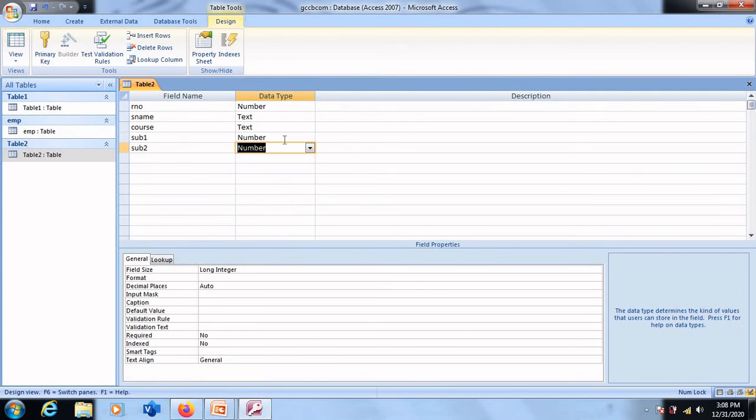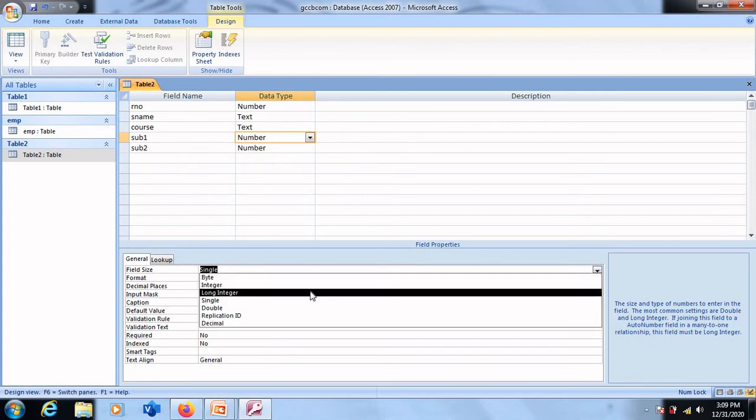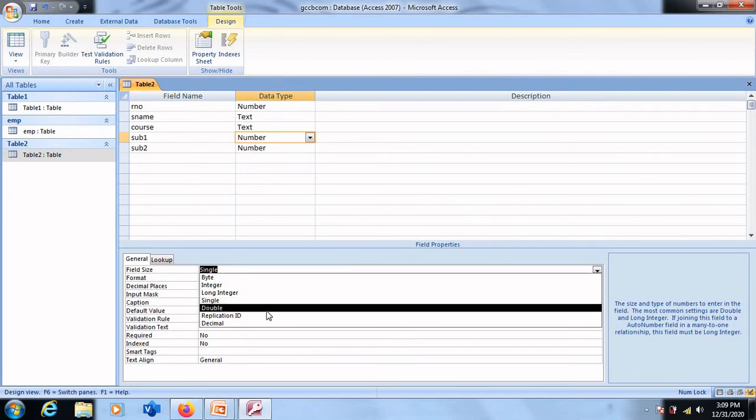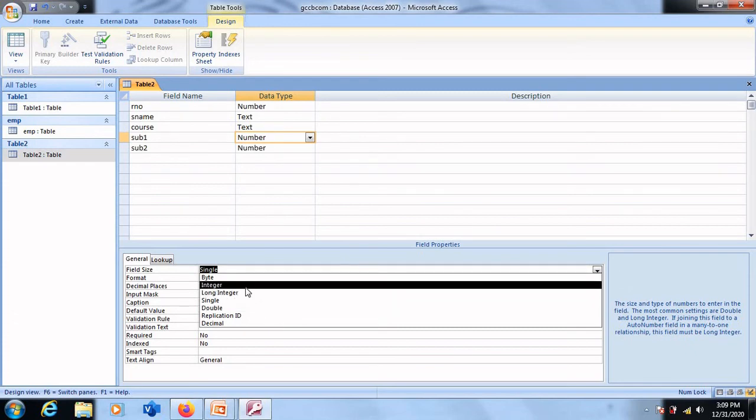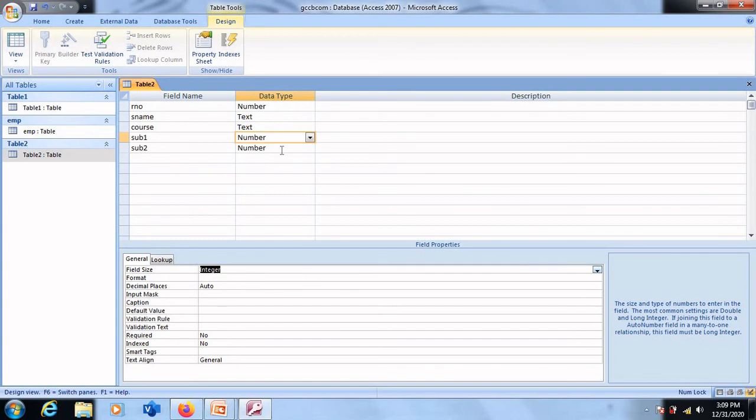And if you look at the properties, if you go to field size, you can go for integer or long integer. Numbers such as single or double are not that useful because subject marks are not generally given in fractions. So let me select integer, or even you can go for long integer.